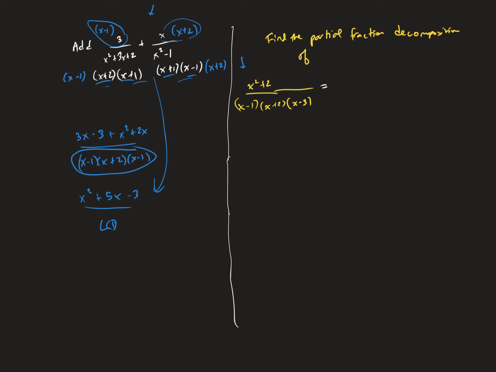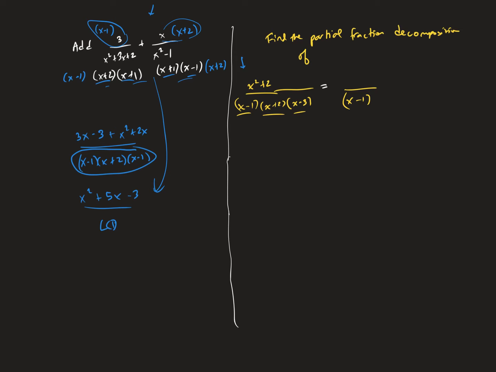So you have an x minus 1, an x plus 2, an x minus 3. You wouldn't have two x minus 1s in this denominator. And they're all going to be linear, so you won't have any quadratics that wouldn't factor down any further. So when the factors in your denominator are all unique linear factors, what you do is you essentially say, okay, for each of those factors, I could have had a denominator that had that